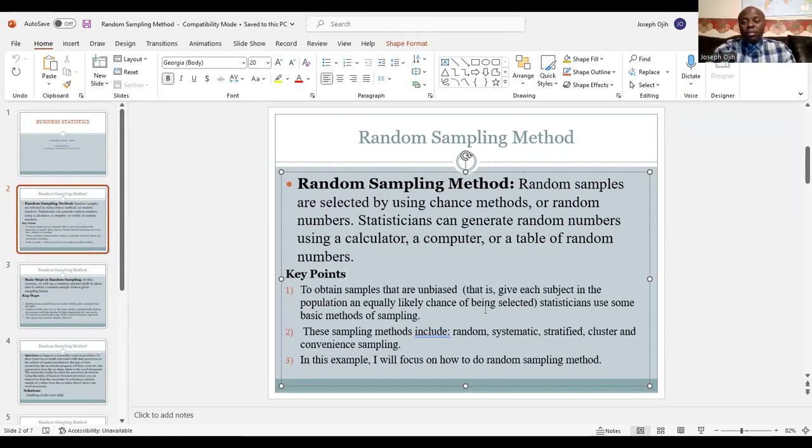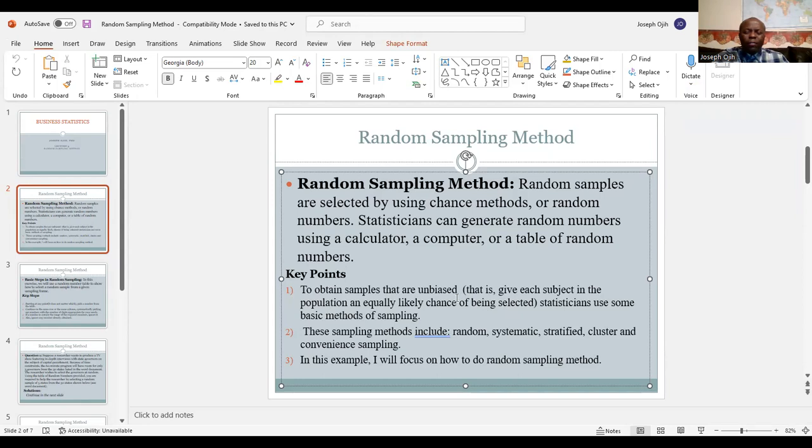Of course, you can do the same thing using Excel, and also you can use a calculator to do the same thing. All right, this one I will show you how to use a table of random numbers to conduct a random sampling